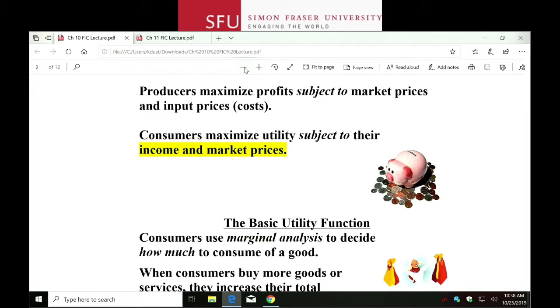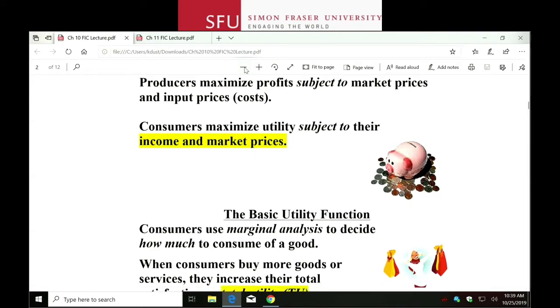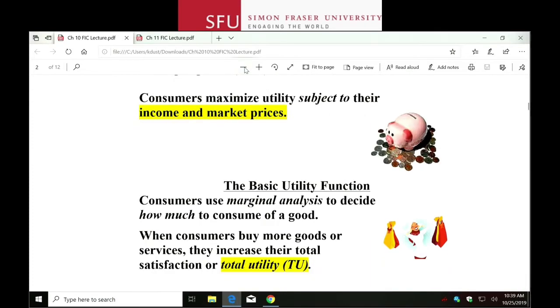And so now what we're saying also is using the word utility. So far before, we were talking about measuring the benefit in terms of willingness to pay, so the marginal price that we're willing to pay. But now what we're showing is the amount of satisfaction, which of course determines how much we're willing to pay. So our marginal utility goes down as we get more and more of a good. All right, okay, so when we get more stuff, our total utility goes up, but our marginal utility is going to go down.